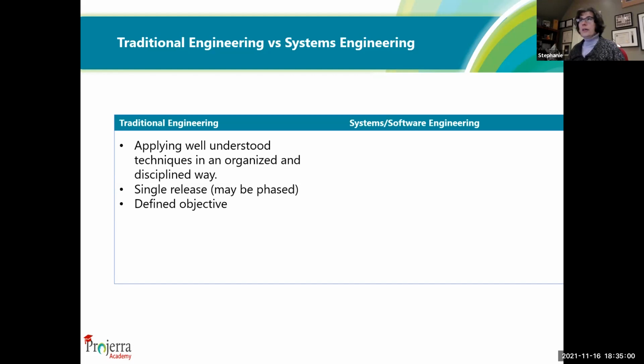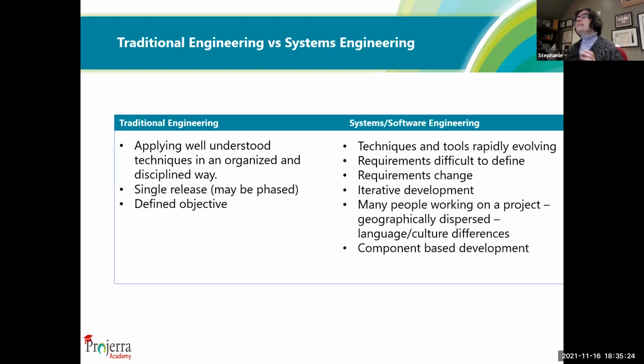I grew up in Edmonton, Alberta, and they had West Edmonton Mall, and they did it originally in 3 phases, and then they added a 4th phase, and then they added a 5th phase. So if you architect a building appropriately, you can always extend the breadth of it. Extending the height is a little bit more difficult, but you always have a defined objective, and the technology doesn't change that much. But system engineering, software, very different.